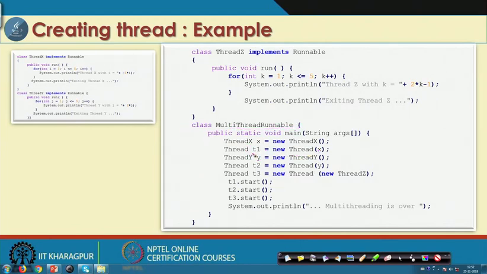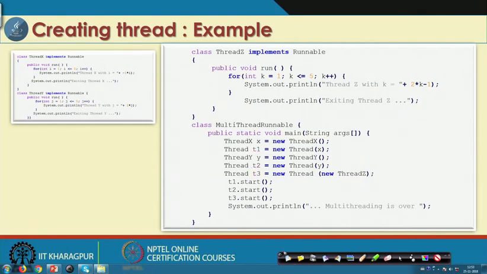This way we can see T1, T2 and T3. In this case we can do it as a two-step process, but it can also be a single step process. That means we can create the thread and directly call start by passing this, which is equally applicable here. So you can see T1, T2 and T3, three thread objects, are created, and once they are created, they are ready for execution. To start the threads we use T1 dot start, T2 dot start, T3 dot start, and then the threads will run in parallel.